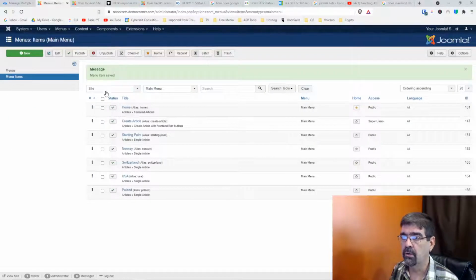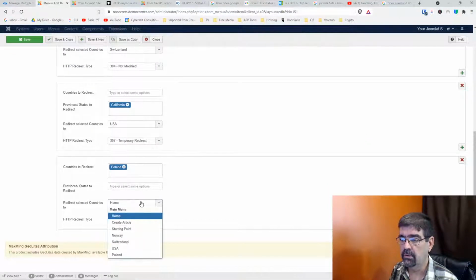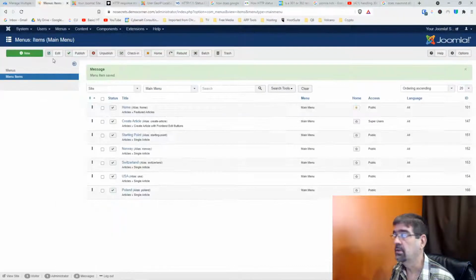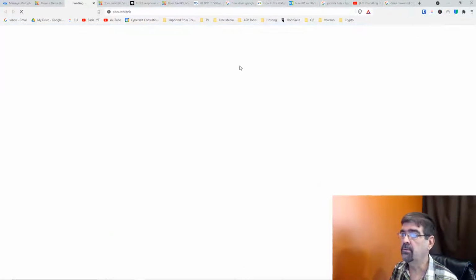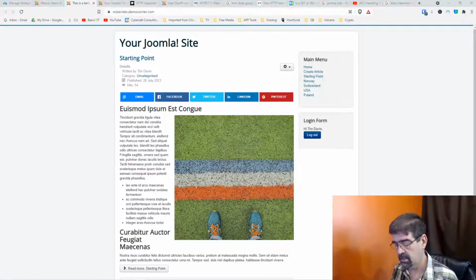All right, now we go to the starting point. Now we go to the link, which is Poland. We tell it to redirect to Poland. We're going to do 307. Save and close. All right, so then Hobby Turista, what you want to do is go to this page here, click on the starting point link,